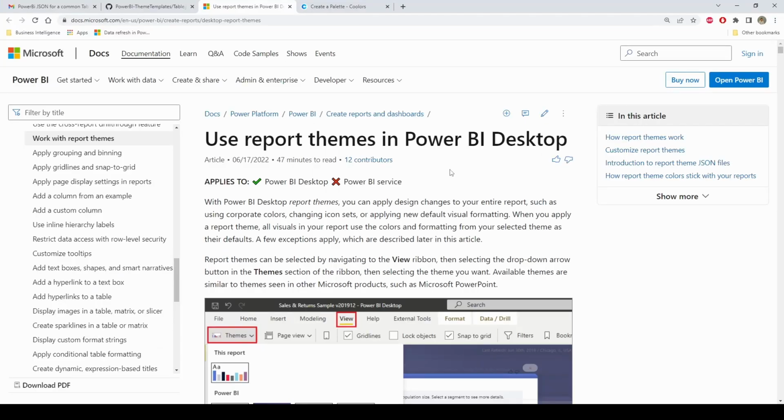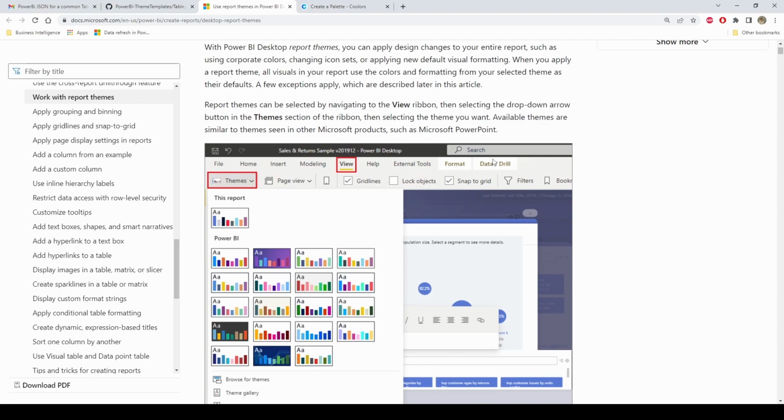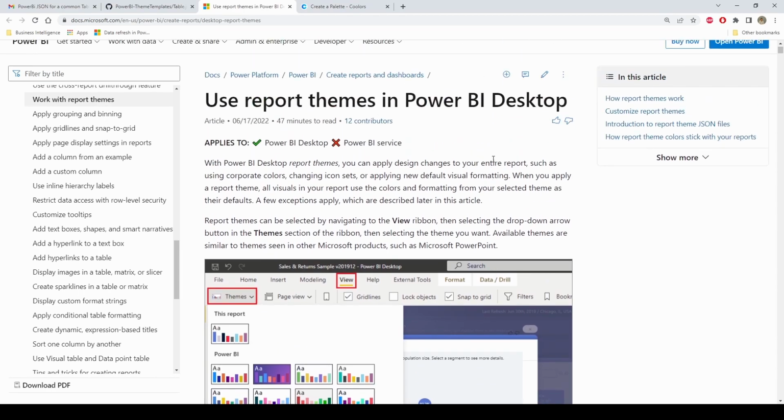If you followed the link in the description, it should take you here. This Power BI documentation page is titled Use Report Themes in Power BI Desktop. It is a pretty large page, but we're only interested in working with our table and our table matrix. Feel free to browse this on your own time, but